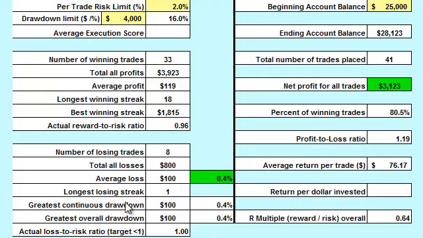So this section here is the losing trades: the total number of losers, total of all losses, the average loss, and again comparing it to your per trade risk limit. The longest losing streak, the greatest continuous drawdown on a losing streak, the greatest overall drawdown. If you have a drawdown with a few winners mixed in there, it'll measure that as well. And then the actual loss to risk ratio, which is huge. This is really important because this tells you if your loss protection, your risk management, is doing its job. As long as this is less than 1